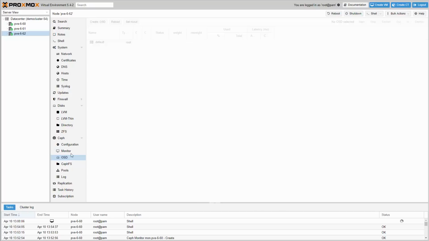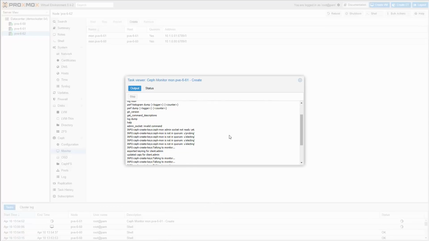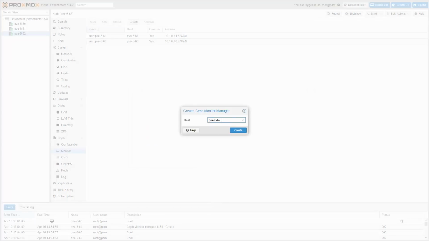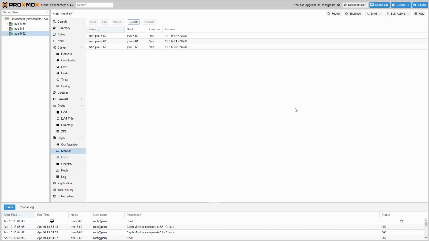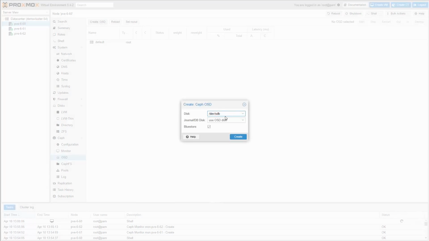Now you can create Ceph monitors and managers on the second and the third node. We can now create one OSD per node. Please note that one OSD per node is only enough for a demo but never ever for your production setup.